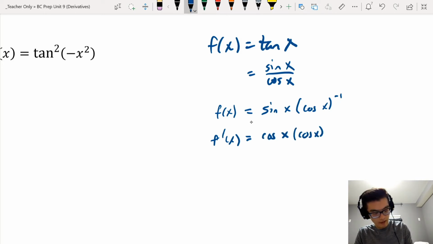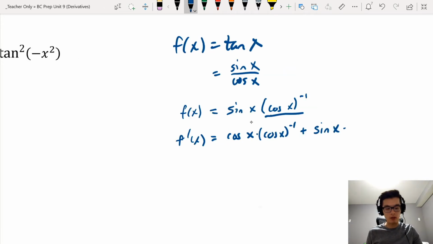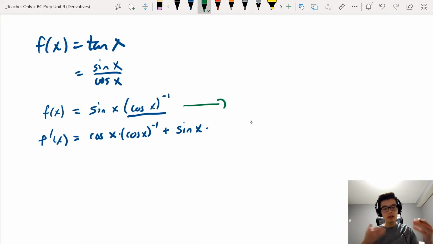Hopefully you see what happens here nicely. Then you add the first function times the derivative of the second function. Okay, so what is the derivative of the second function here? And that's where chain rule is going to apply. So what we're going to do now, it's getting a little weird, but once you see the shortcut here, it becomes so much easier. What we're going to do now is a of x, b of x. If we take a look here, cosine x seems to be inside,